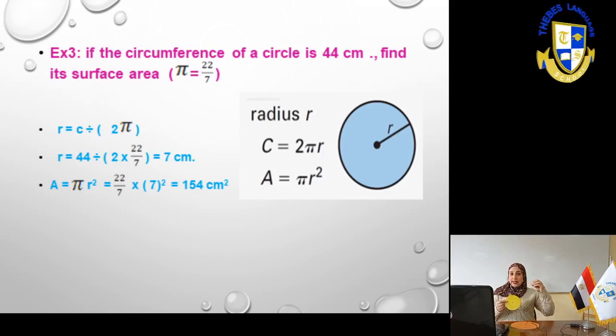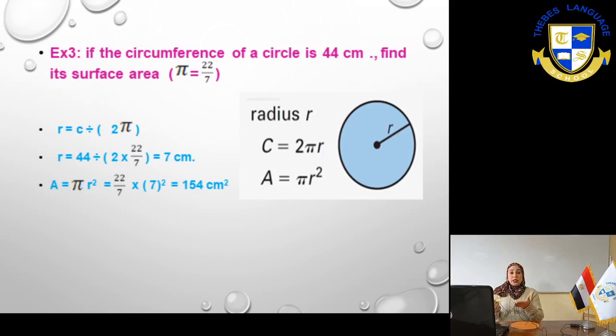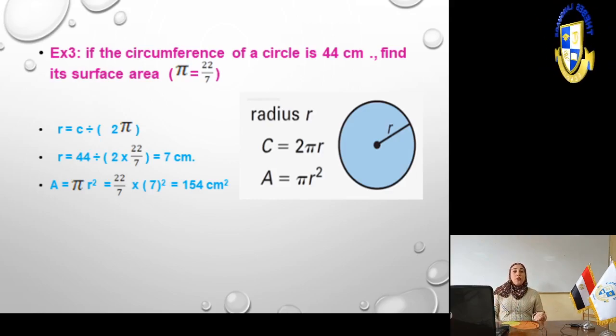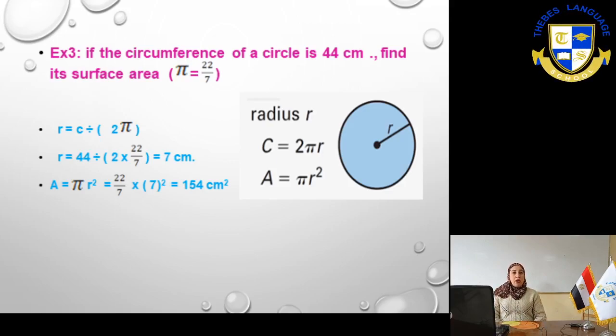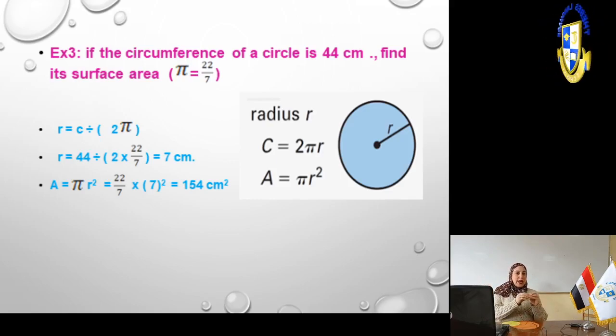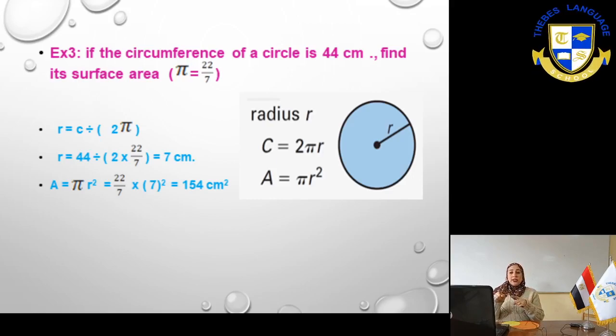So I'll take this length and substitute it in the rule of the area, which will be area equals pi r power 2, equals 22 over 7 multiplied by 7 to the power 2, equals 154 centimeters squared. Okay, we use the circumference rule to get the radius length. After that, we take the radius length and substitute it in the area rule to find the area of the circle. Our last example here,